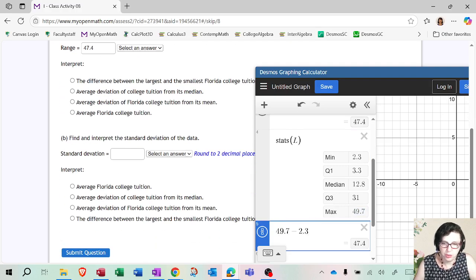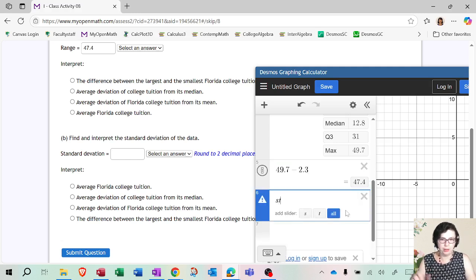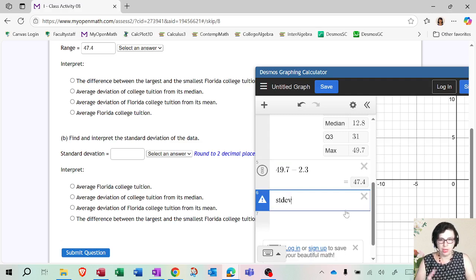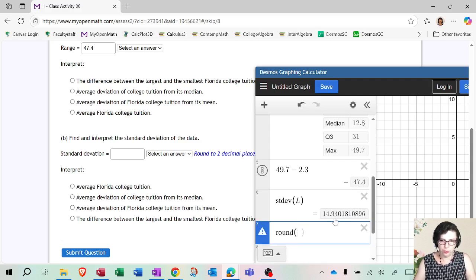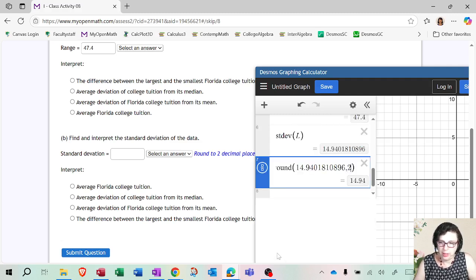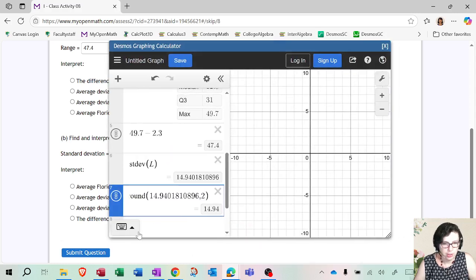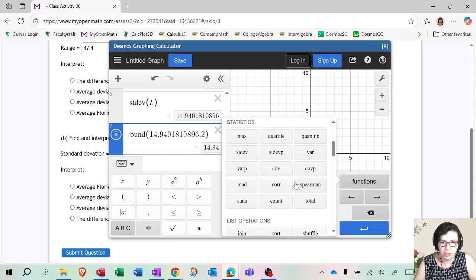Now, to find standard deviation in Desmos, there is a command called stdev, so standard deviation, and then you open up the parentheses and put the name of the data. Now, if you forgot that the name is stdev, you can click on the keypad and go to functions. So let me show you, the functions are here and you've got lots of statistics functions here, and the one you want is called stdev right here.